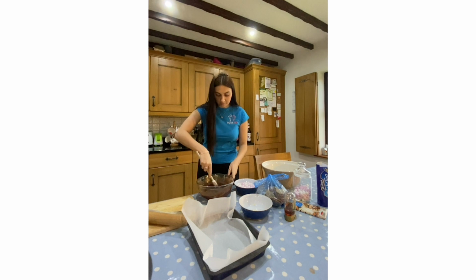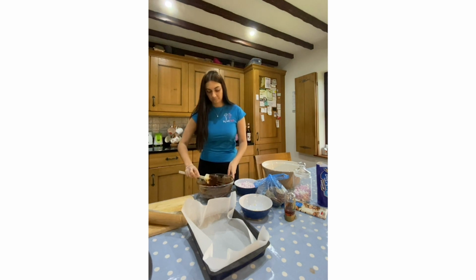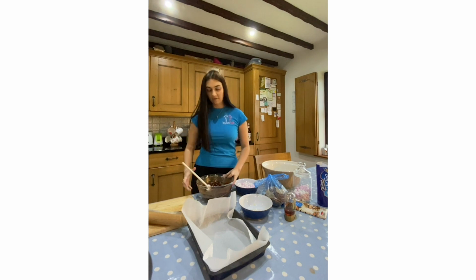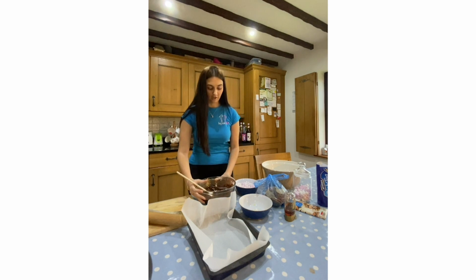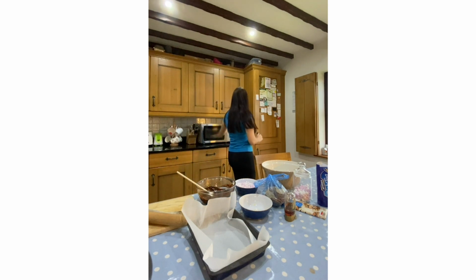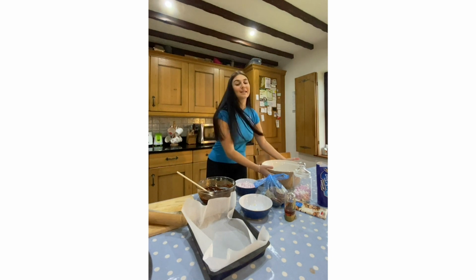I'm just going to give that a nice big mix. Oh, brilliant. All of my chocolate is melted really, really nicely. Beautiful. There we go. Can you see? Have a little look. All my chocolate is melted, and that is what you would like it to look like at the very end. So I'm just going to pop my microwave shut, and I'm going to put my chocolate mixture into my really,